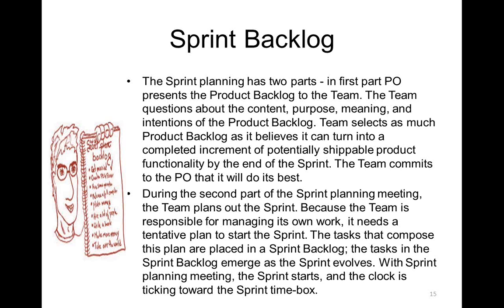The team details out all the tasks, and based on that they create the sprint backlog: these are the tasks that need to be done during the sprint so that they are able to finish and deliver that commitment. The sprint, as I said, is time boxed, and the sprint time box starts right from the moment the team sits with the product owner and starts making the commitment. Depending on the length of the sprint, the kind of commitment being made and the stories being discussed, the team has to keep in mind how big this time box should be for creating a sprint backlog. Once the sprint backlog is created,